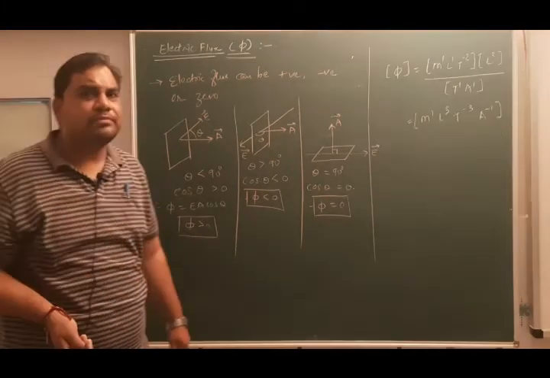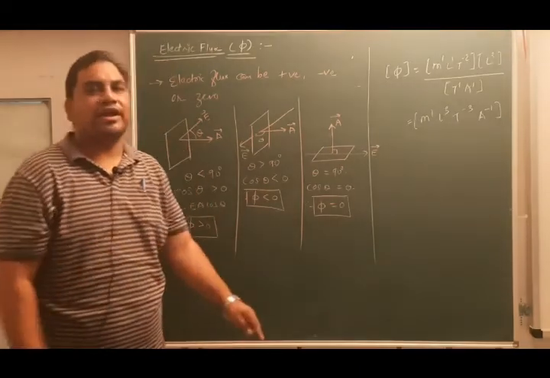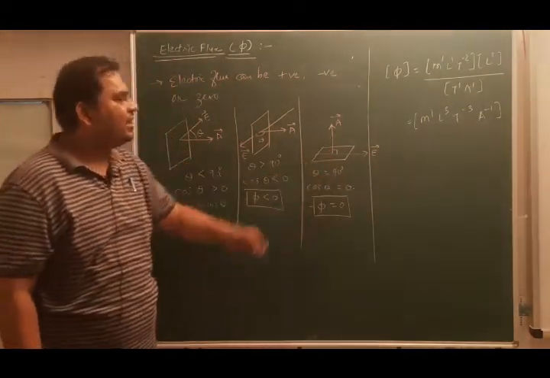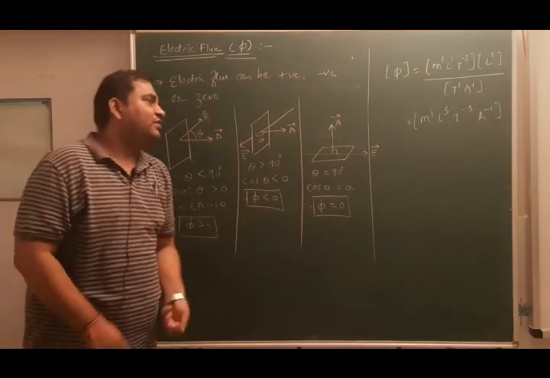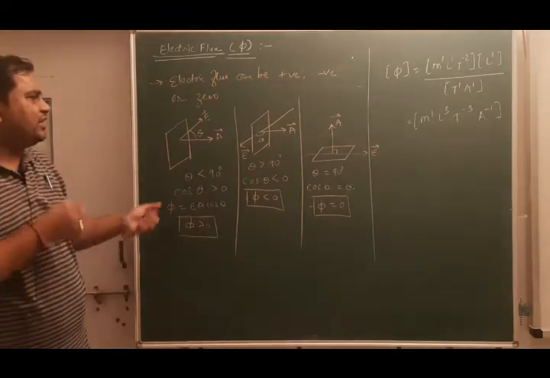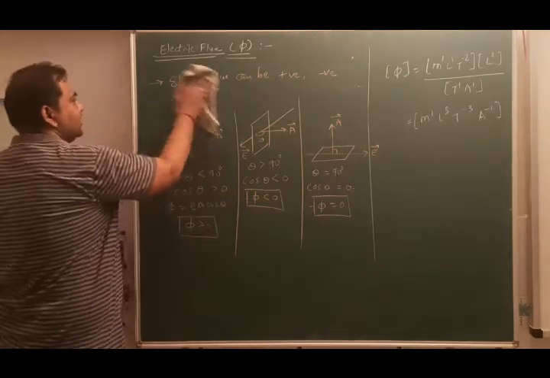And if electric field lines are parallel to surface. Parallel to surface I am saying, not saying parallel to area vector. The parallel to area vector होगा theta 0 हो जाएगा. मैं क्या बोलूँ? Parallel to surface. That means angle between E and A will be 90 degree. In that case, flux will be equal to 0. These are some regular surface जिसमें हम कैसे इलेक्ट्रिक फ्लक्स जो है वो ढूंढ सकते हैं.